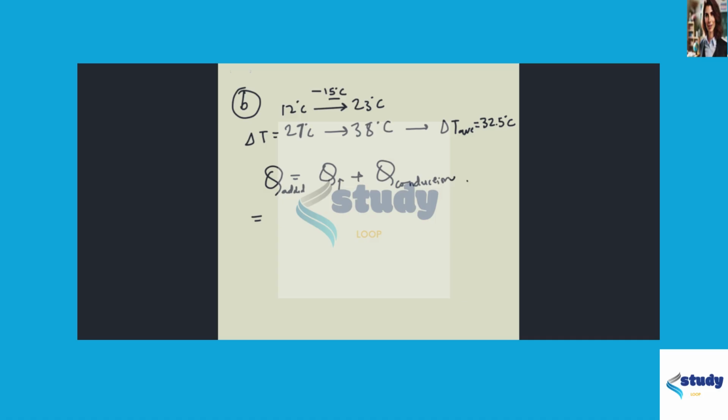So the amount of heat needed to raise the temperature is simply mc delta T, where the mass of the air is rho v, where v is the volume and rho is the density of air, and of course c is the specific heat of air, and delta T is the change in temperature. Remember, this is 23 minus 12, which is 11 degrees Celsius, plus the conduction heat is simply Q by T